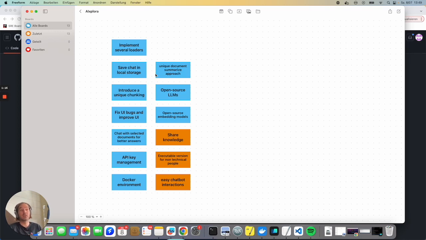We introduced a unique chunking technique to improve the overall results. We fixed some UI bugs and improved the UI in general. We allow you to chat with selected documents, which increases the accuracy of the whole chat. We also introduced API key management, so you can use different API keys, different API versions if you use the